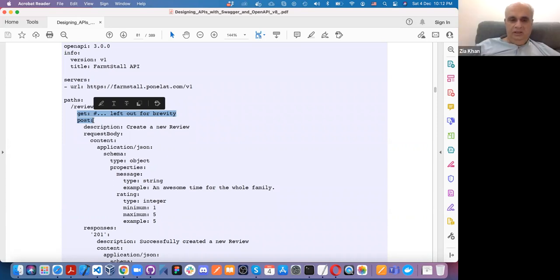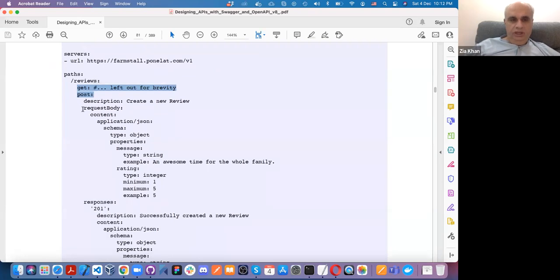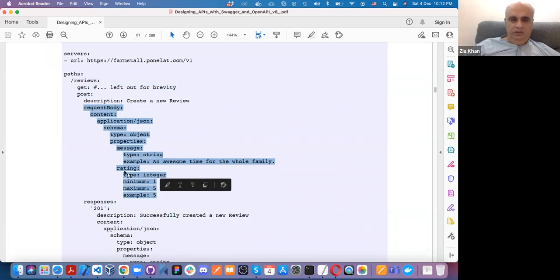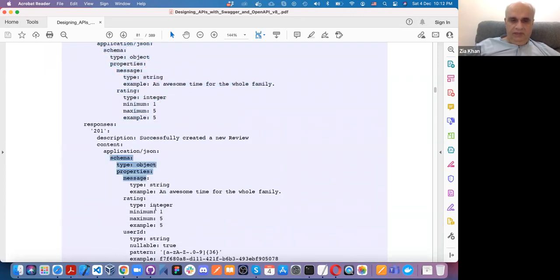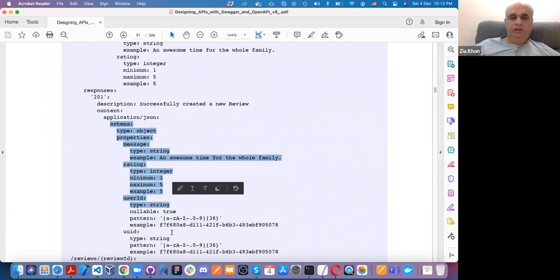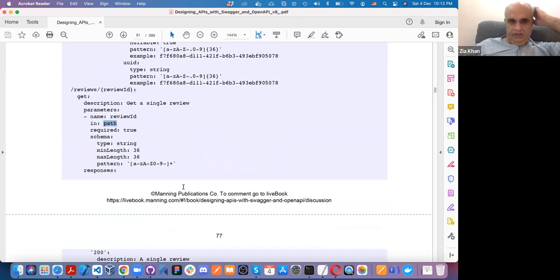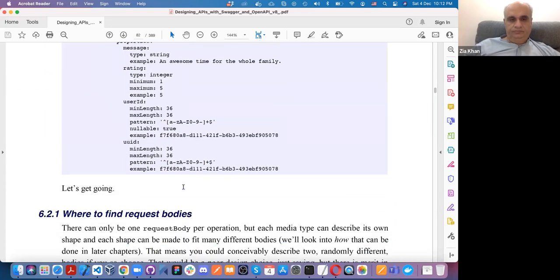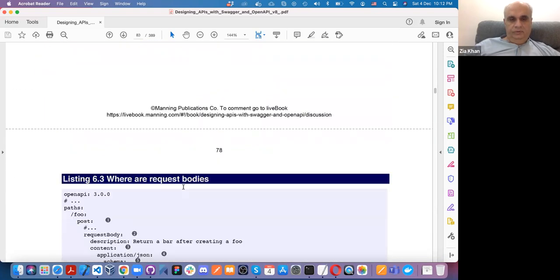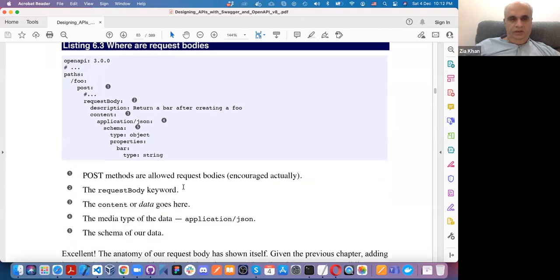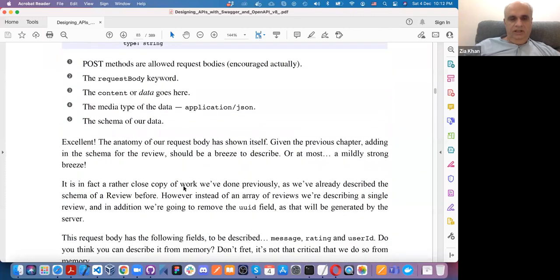Yes, exactly. Therefore, in the request body, in case of POST, we define the structure by JSON schema, and the response also we define in JSON by defining the JSON schema. And this one is also a GET, in which the example has the parameter in the path, not in the query. Now look at this, which is basically revising the whole thing again.